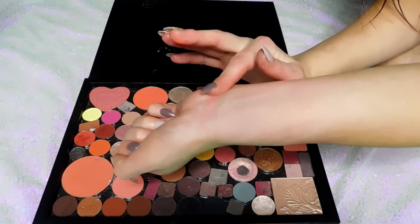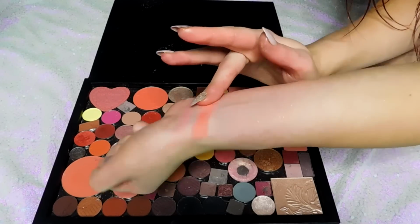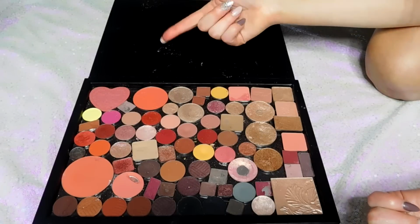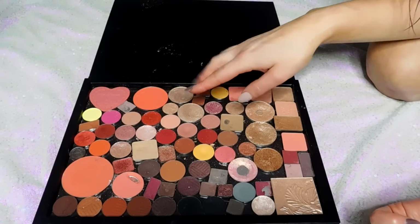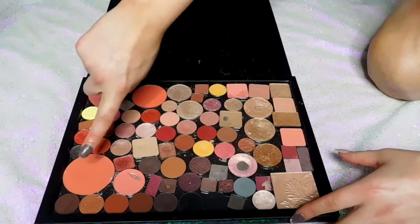But here is the Too Faced shade, and here is the Adept Cosmetics kind of corally tangerine pinky blush. So pretty. I have a lot of extras in here as well. As you can see here, I have another doll face by Looksy Beauty. I have some Looksy Beauty highlighters. I have Becca's Opal. And then I have some deeper shades down here that I never really reach for, but